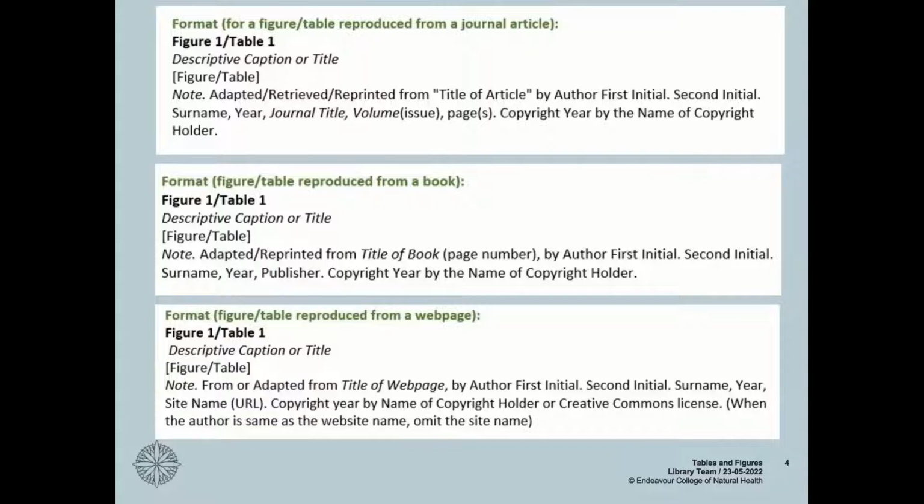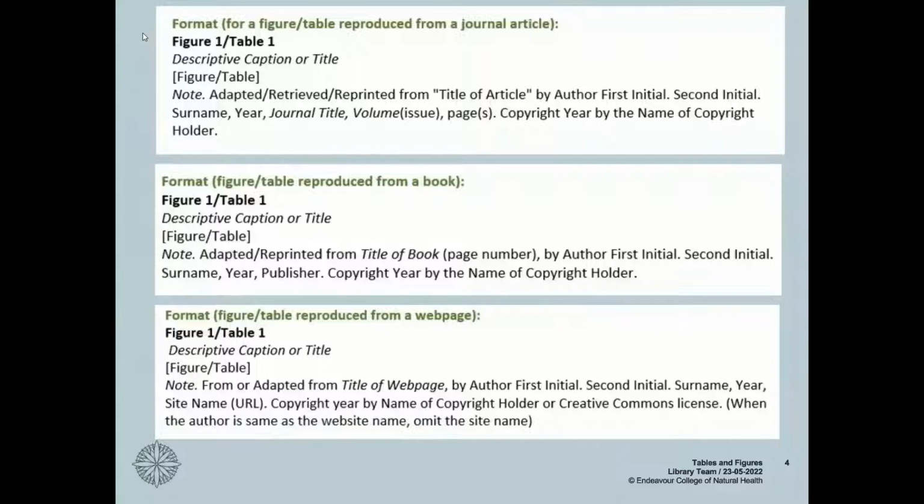Normally you would just include an author name and date of publication to reference in text in an assignment. When you're using tables and figures, a little bit more information is required. So the examples we have here are taken directly from our APA 7 guide. This is available for you online. And I want to just get you thinking about the kind of information you have to be capturing.